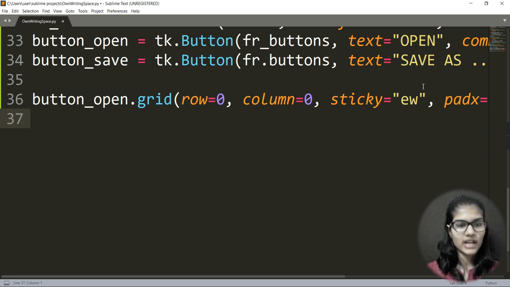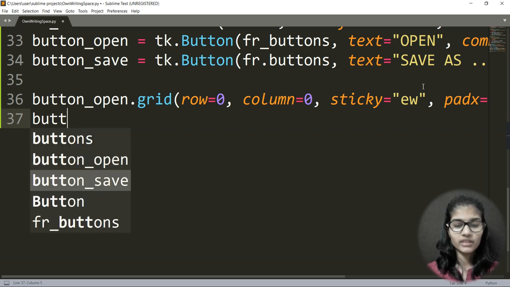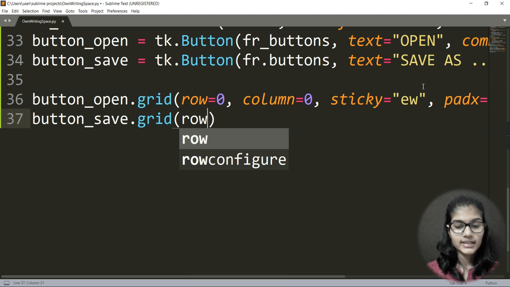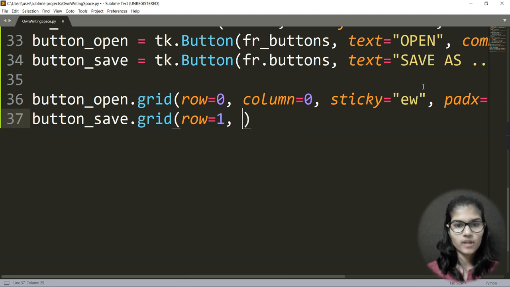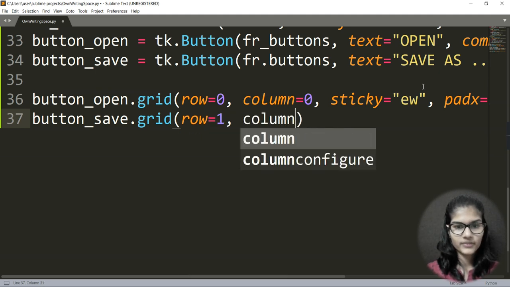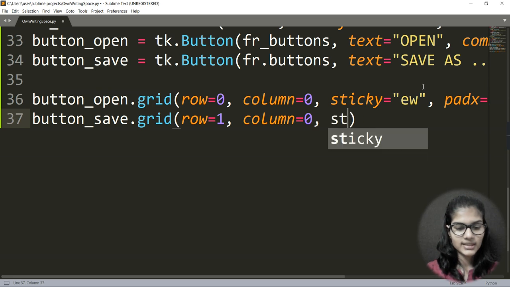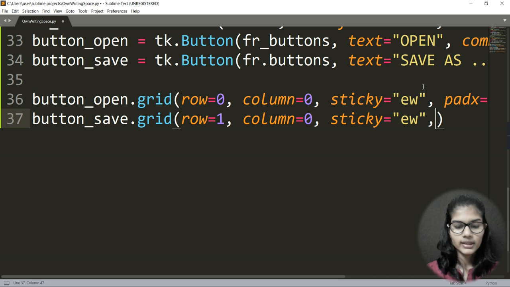Now I just made the same for button_open. I would do the same thing for my button_save.grid. In the bracket, I would write row is equal to 1, comma, column is equal to 0, and again the sticky would be the same, sticky is equal to EW, and I would give the padx and pady values.